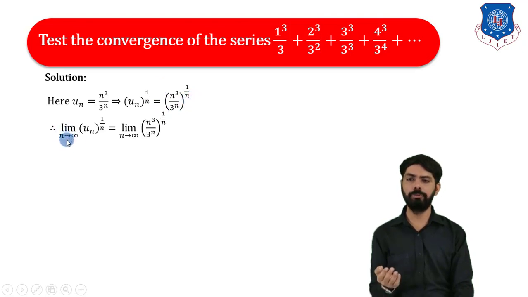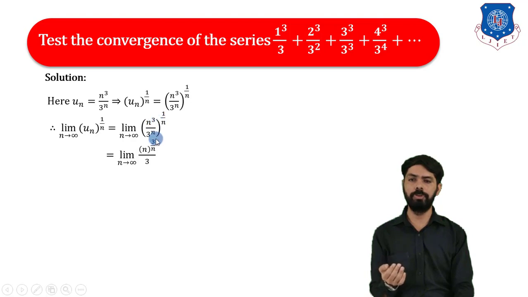Therefore limit n tends to infinite u_n raised to 1 divided by n is equal to limit n tends to infinite (n cube divided by 3 raised to n) whole raised to 1 divided by n. So if we simplify this, then here it will be limit n tends to infinite n raised to 3 divided by n, because here (n cube) whole raised to 1 by n,